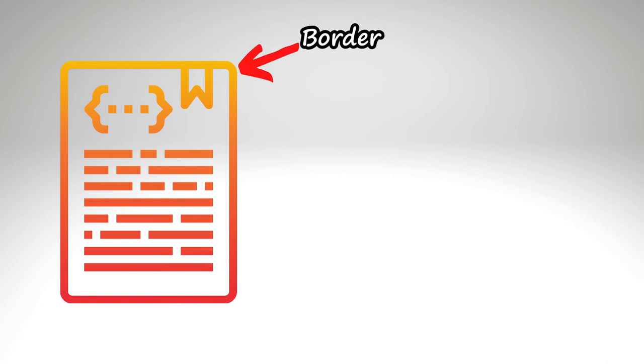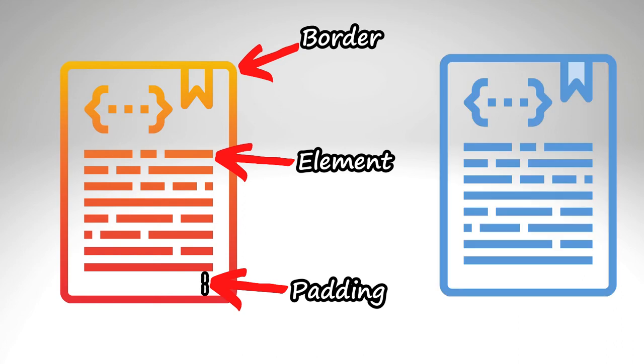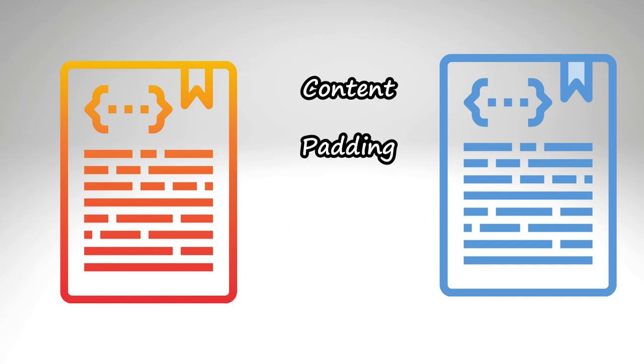Second, you give a border to this element. Remember, to give a border you do not need to draw a rectangle. You can, of course, but it's not an ideal way. Every element has its own border. You just have to switch it on and off in CSS. I will show you that. Here you have the element, and the border around the element. The distance between content and the border is called the padding, and the distance between two elements is called the margin. This means you have content, padding, border and margin. This is how the sequence goes.